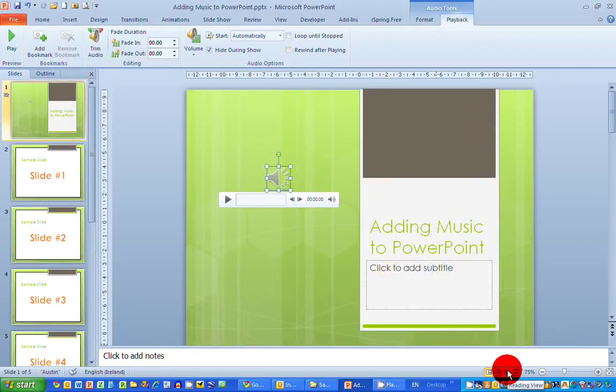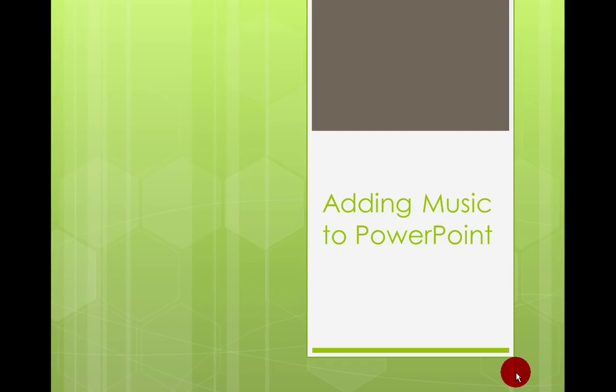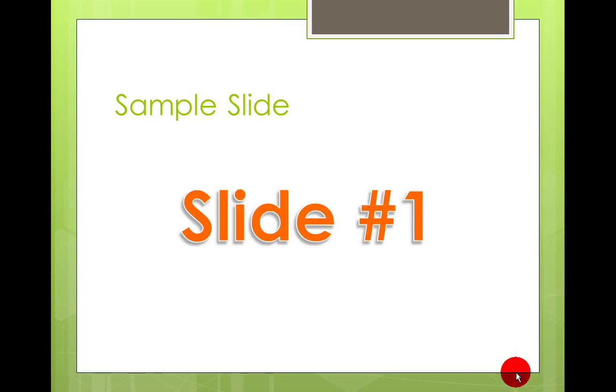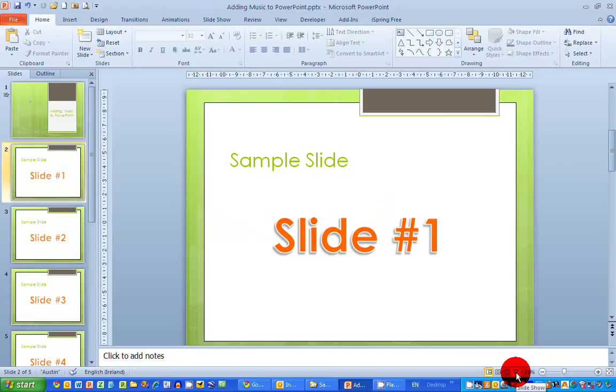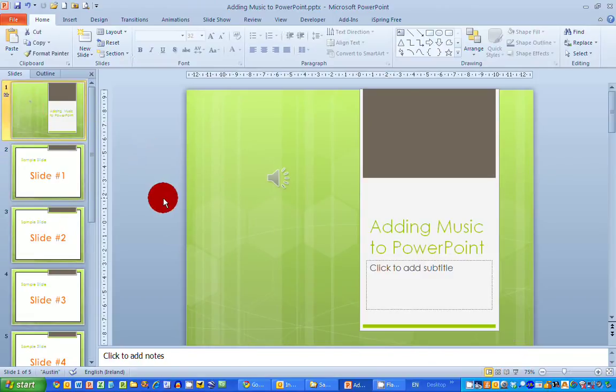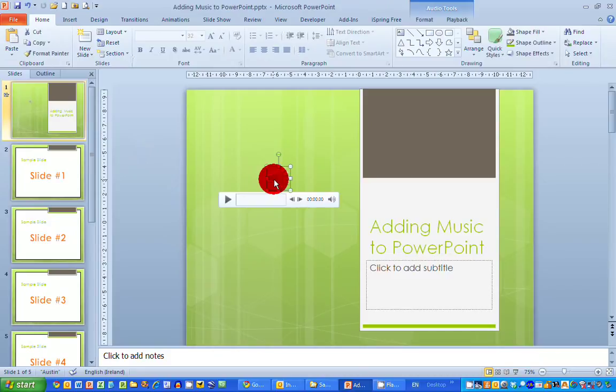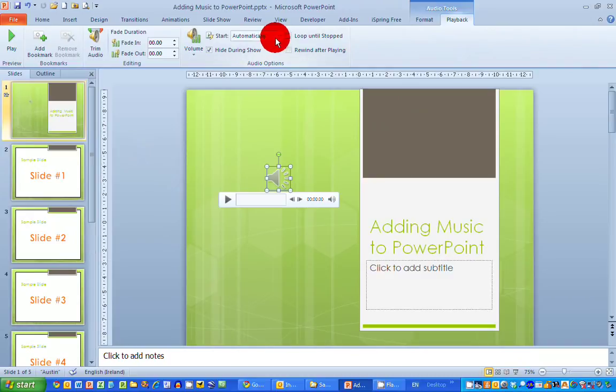Now if I run the slideshow again, and let's say I've finished my introduction here, the music is playing away in the background, but when I move on to the next slide, the music stops. So let's say I want this music to be present on all slides, no matter what duration the slides are. So if I select the sound icon again, remember if it's not selected the Audio Tools ribbon disappears, but when you select the icon it's there. So select the Playback tab, and this time change the start option from automatically to play across slides. So now when I play the slideshow,